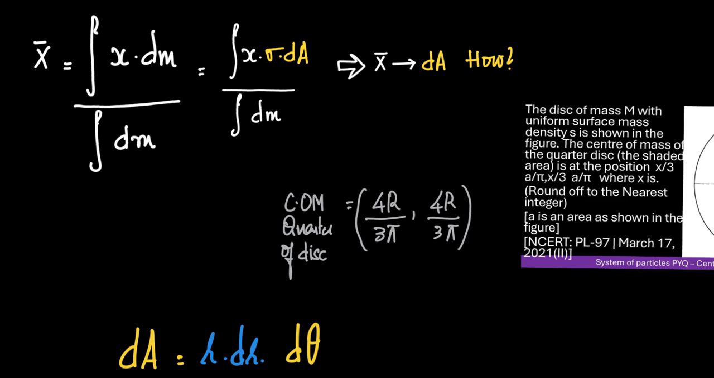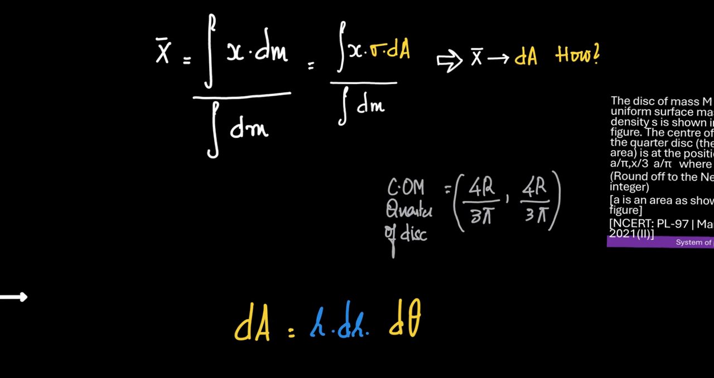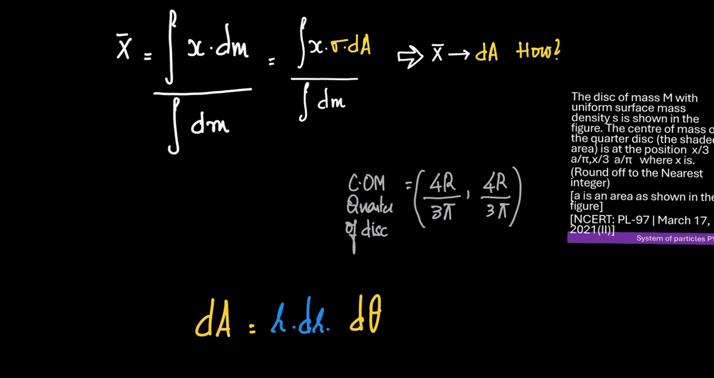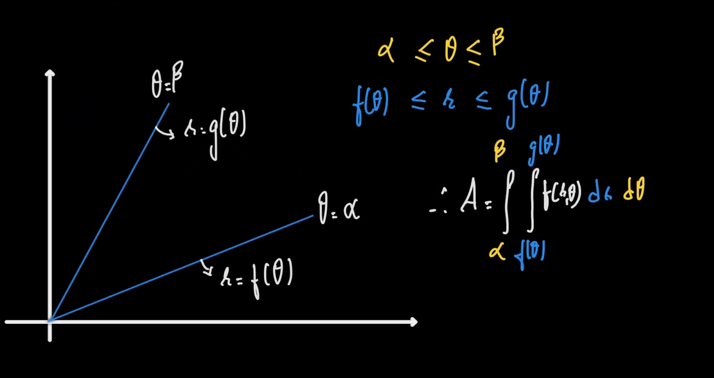So coming back to the discussion one more time. x bar was equal to integral x sigma dA. x bar was dependent on dA, and now we have derived an expression for dA as equal to R into dr into d theta. So if we put this in a nutshell, what we have here is, if we have a function R is equal to f of theta, which is at an inclination theta equal to alpha,